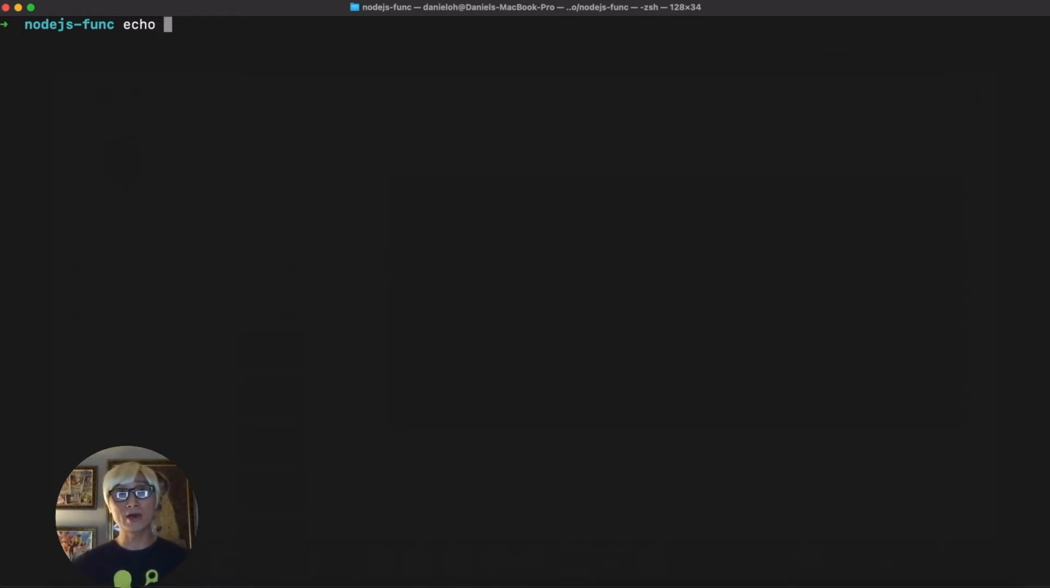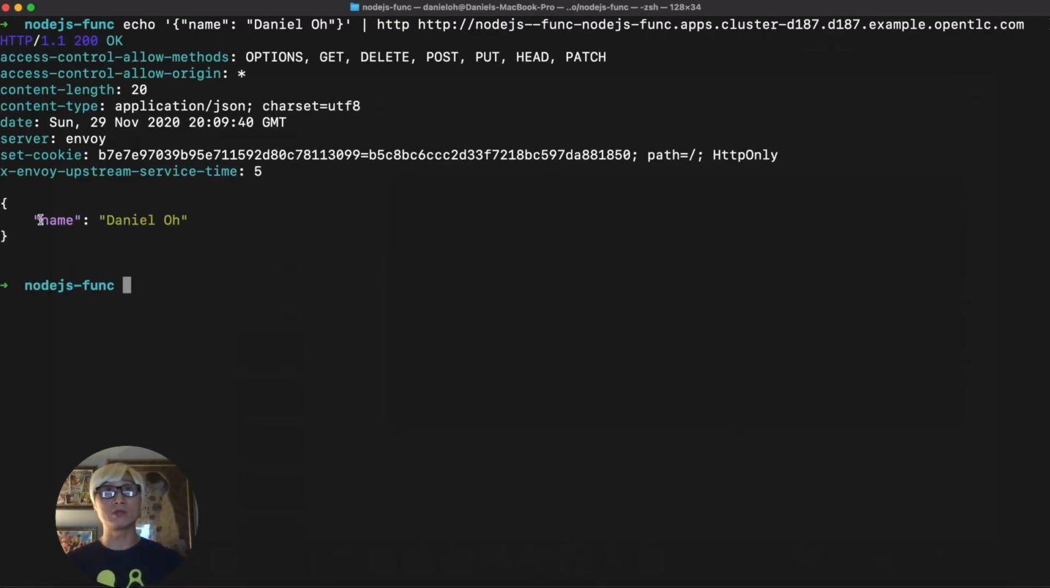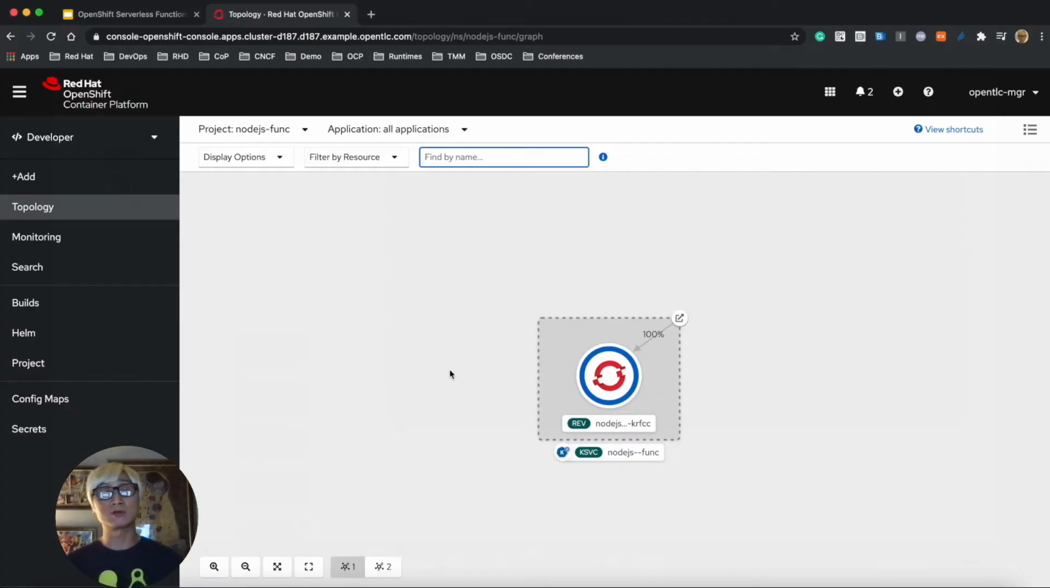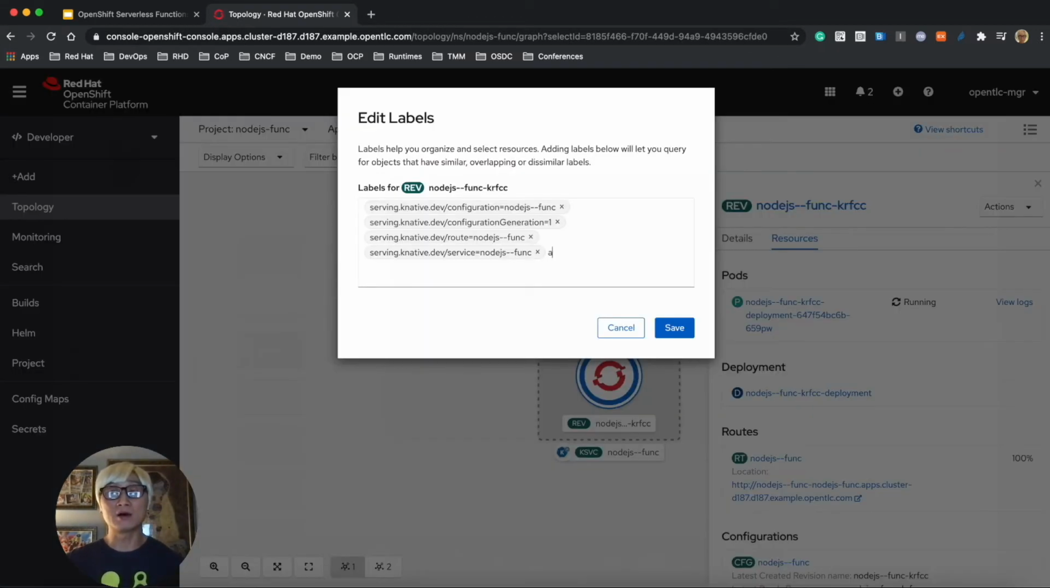Let's try to access the endpoint using the curl command or the HTTPie utility. I'm going to pass one parameter in JSON format. The name is Daniel O, and when you trigger the endpoint using HTTP protocol, I got the response message. Pretty cool. This pod will be scaled down to 0 automatically in the next 30 seconds, which is a default